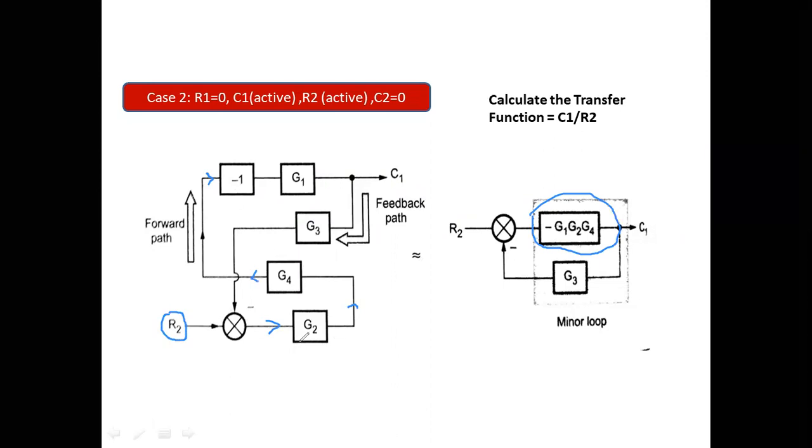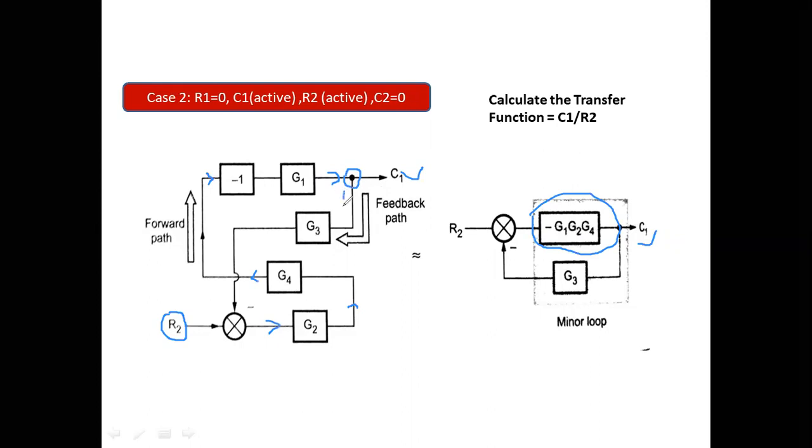It means minus G2 G4 multiplied by G1, and that is something which I have written over here, minus G1 G2 G4. And after that C1 will come, so I have written C1. Now from this particular takeoff point, we will come to the picture what actually the feedback is.